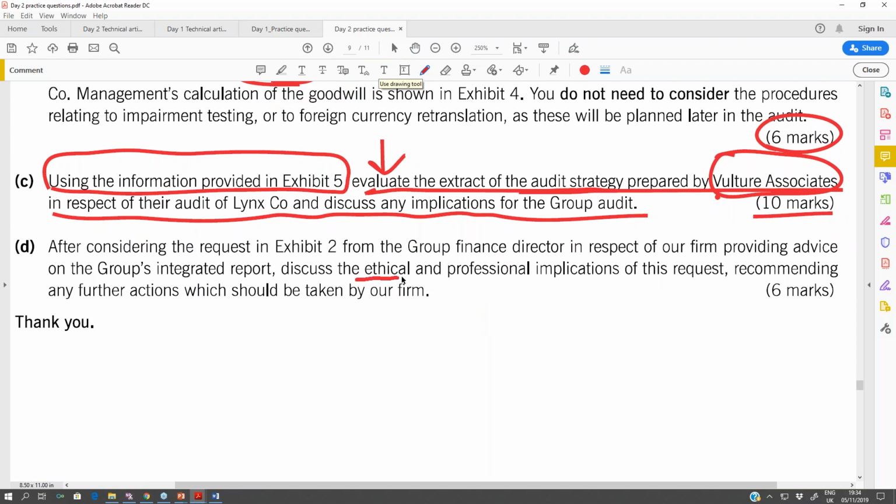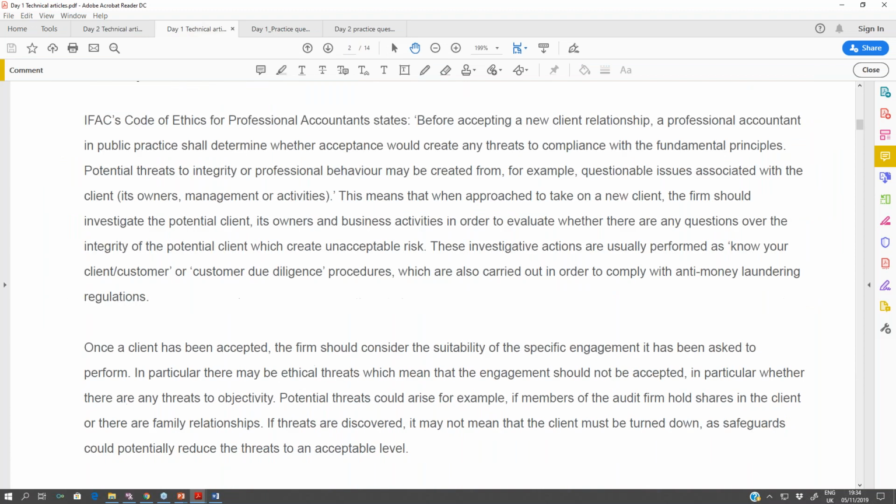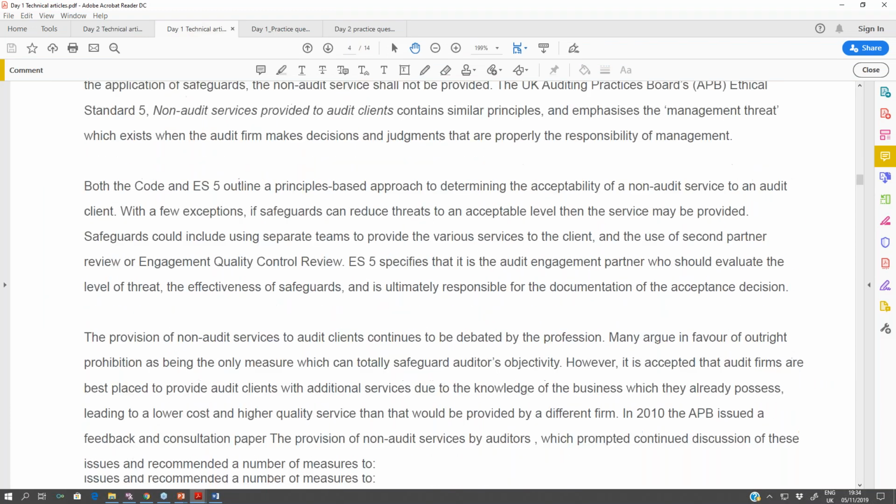So we need to discuss the ethical issues, which is a core area already done in the previous webinar for 6 marks. So in this question, there was a 10 marks requirement, which was focusing on the audit strategy prepared by Vulture, and that was given in the case study, and we need to go through the audit strategy. I even recommended you yesterday on my day 1, and I have shown you this technical article yesterday on the day 1, which was